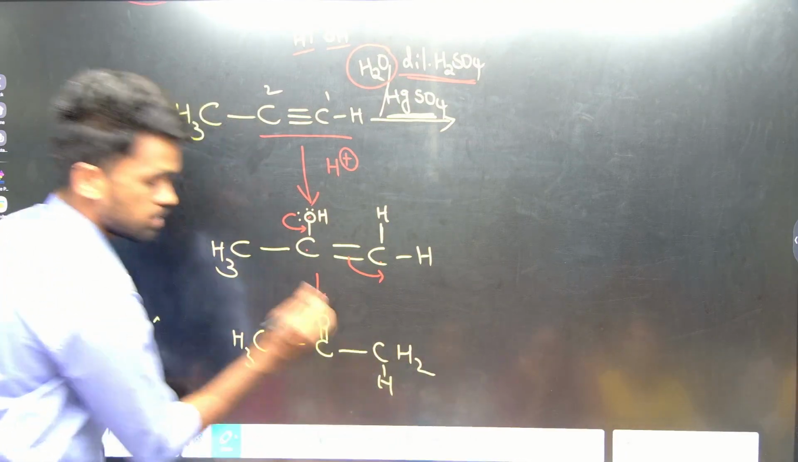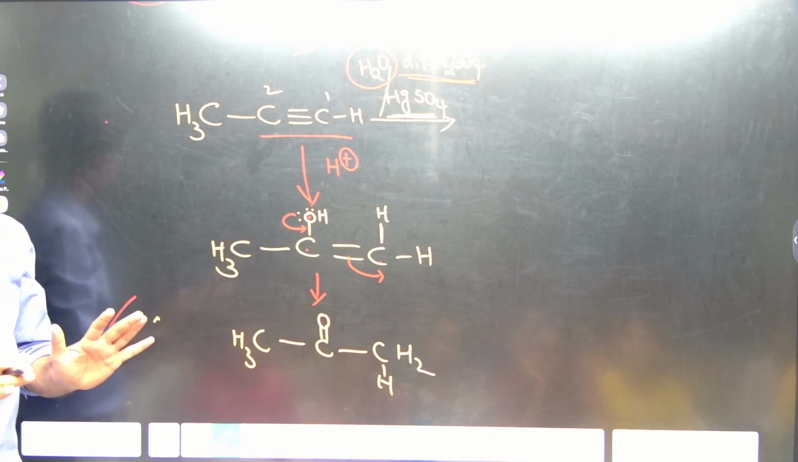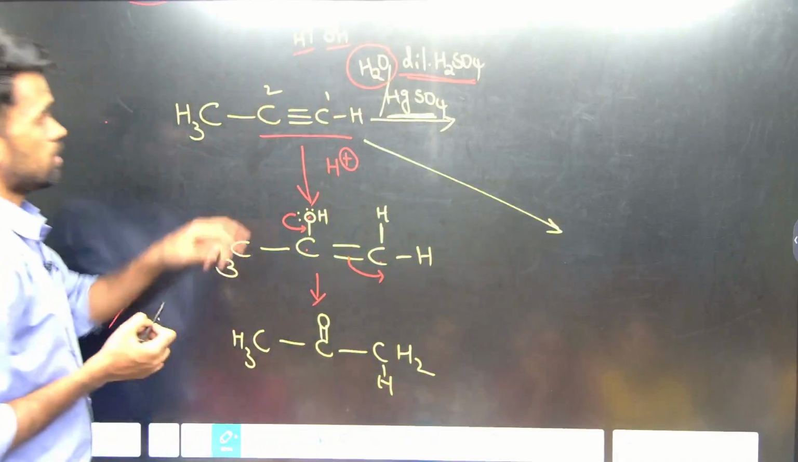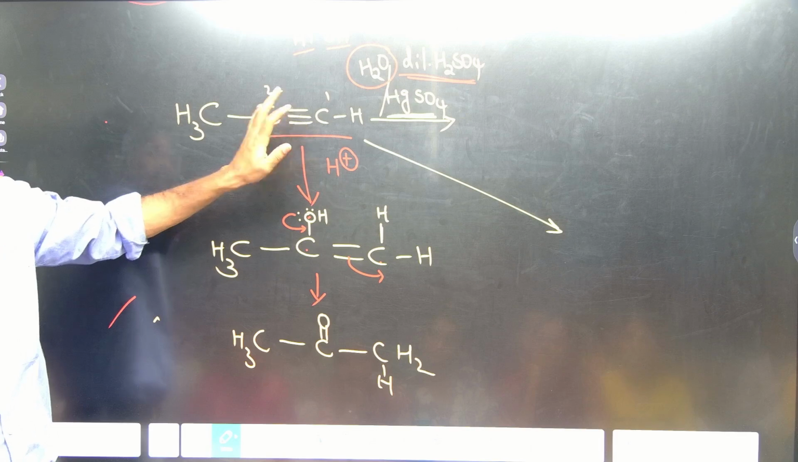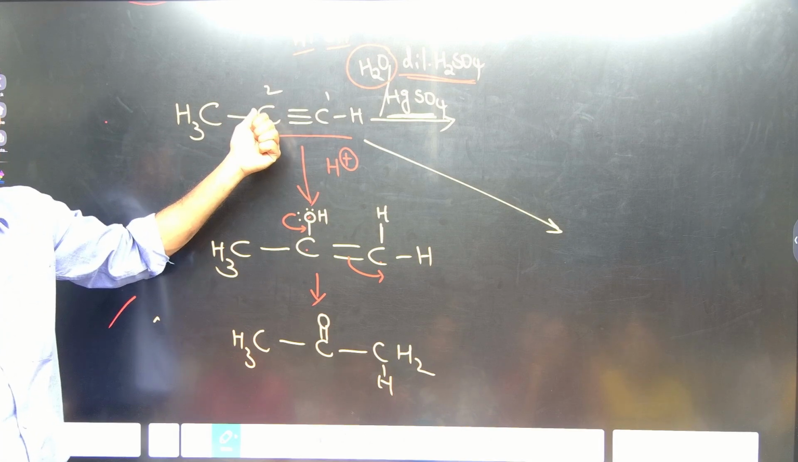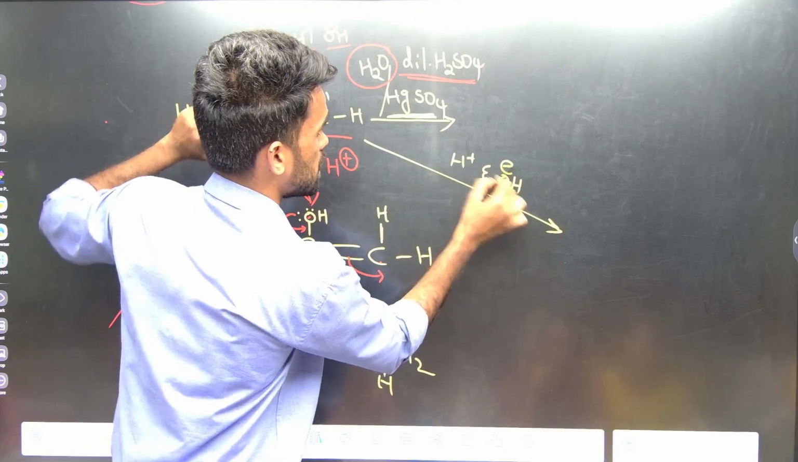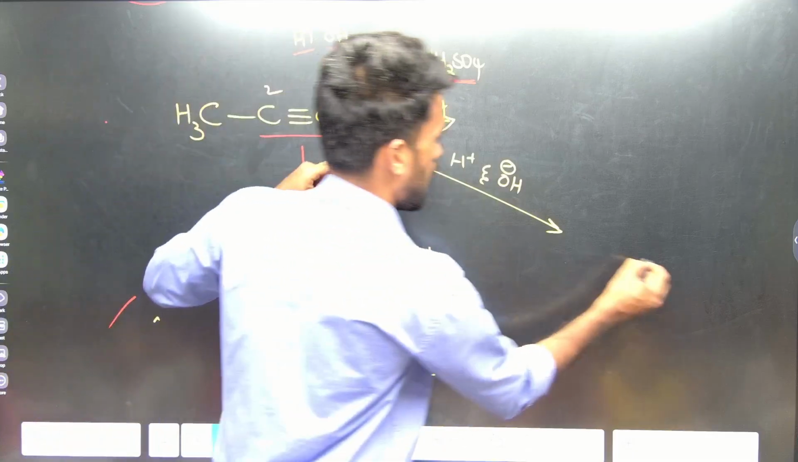Like this. Now if you don't remember this or didn't understand it, I will tell you how to remember this. What we are adding to this alkyne? H2O. So on one carbon we need to add H plus, on the other carbon we need to add OH. H plus and OH minus. First you decide where to add H plus. Terminal, this one. After adding that,